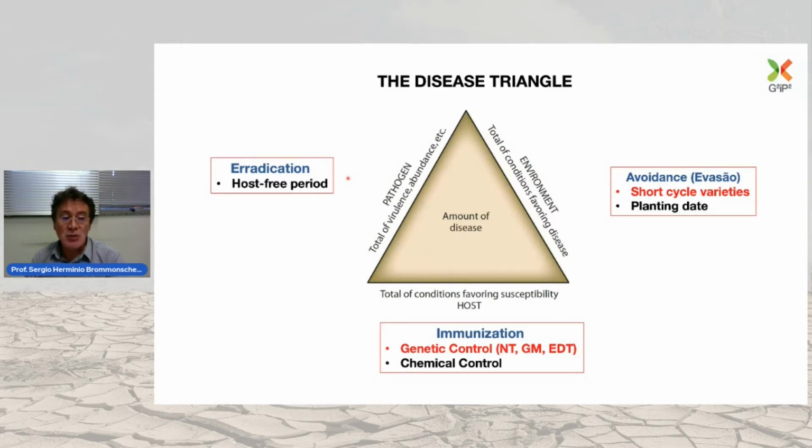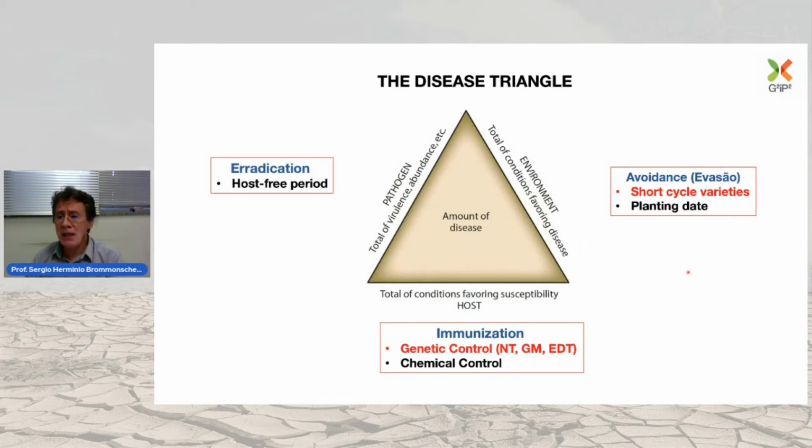We cannot grow soybean, or have soybean, for 60 to 90 days after the soybean crop, to decrease the amount of pathogen that we have in the field. Okay, so it's very important. In many places in Brazil, the state government ensures that the farmers follow this